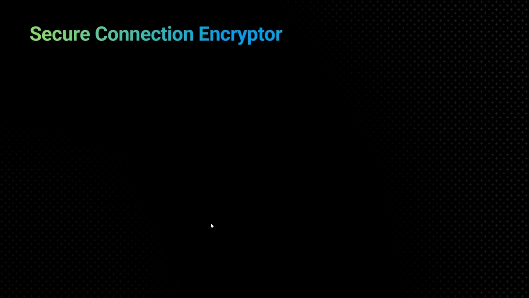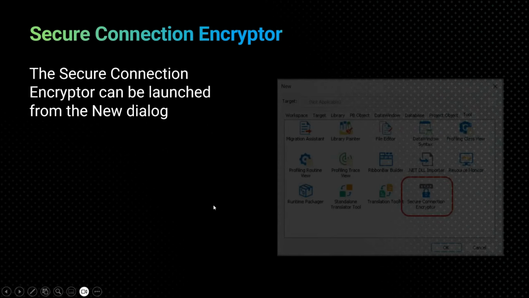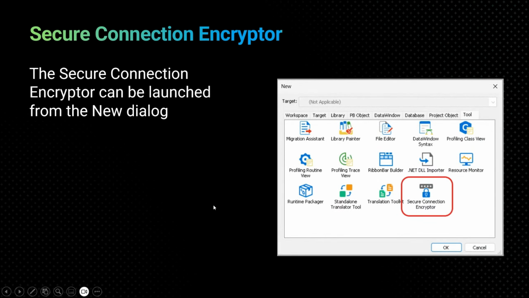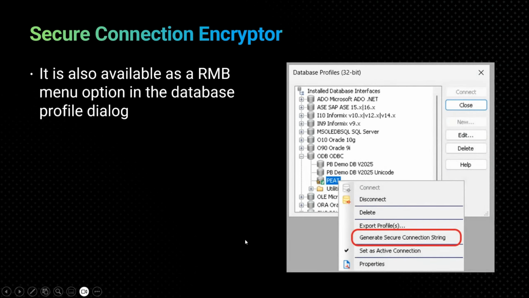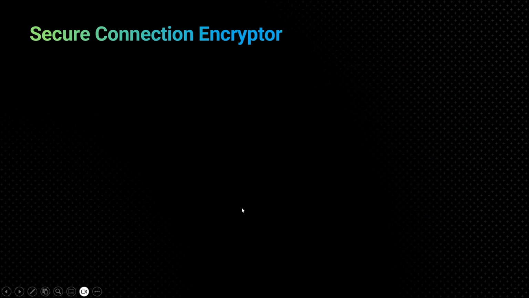Now let's go on and look at the Secure Connection Encryptor. Now, this is available in a number of different locations. One is, if you do the File New dialog, go to the Tools panel. It's there. It's also, if you go into the database profiles, and this is probably the easier way to use it, you can right-click on one of your database profiles and generate secure connection string is an option there. Either way,